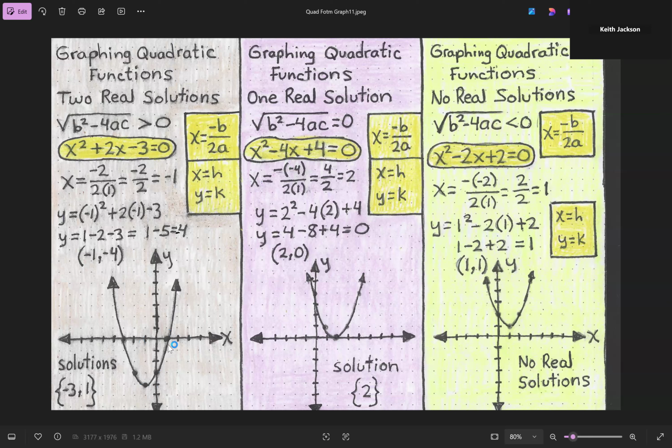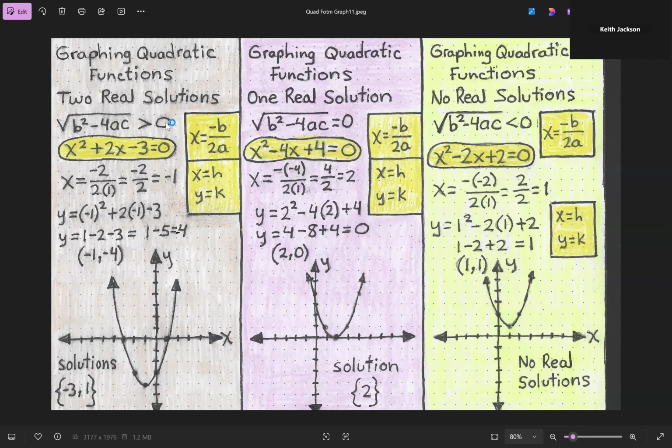And so as you can see, we have two real solutions, one real solution at negative 3 and the other real solution at 1. And as you can see, that must be the case in which b squared minus 4ac inside the discriminant